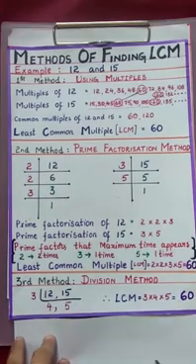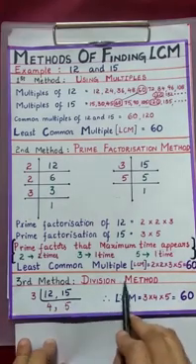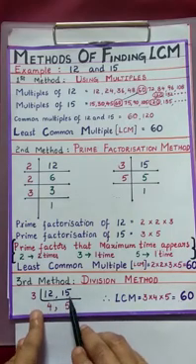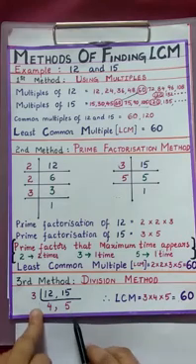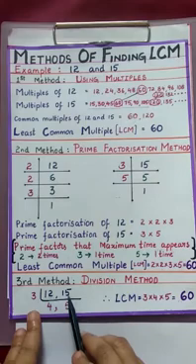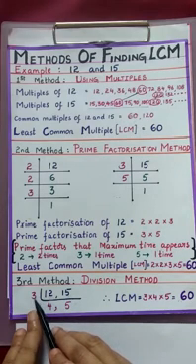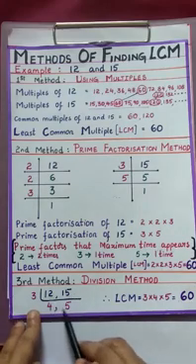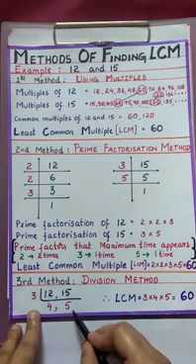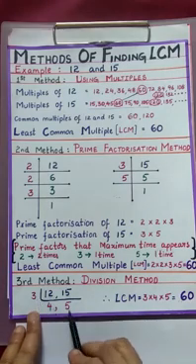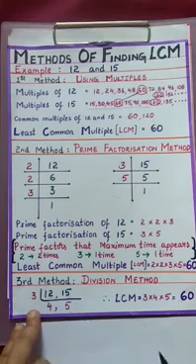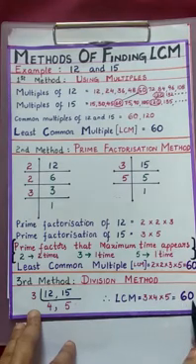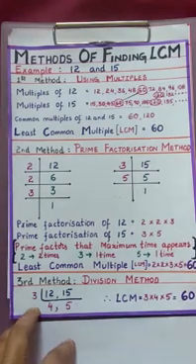Now come to the third method, which is the division method. While doing the division method, you have to choose a common factor of the two given numbers. With that common factor we have to divide. Here for 12 and 15 we have 3 as a common factor. Now divide by 3. 3 fours are 12. 3 fives are 15. Again 4 and 5 don't have any common factor, so we stop here. Now multiply 3 and the leftover numbers, 3 into 4 into 5. Therefore the LCM is 3 into 4 into 5. 3 fours are 12 and 12 fives are 60. This is the LCM in the division method.